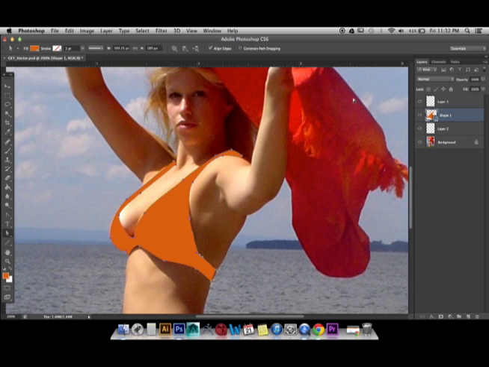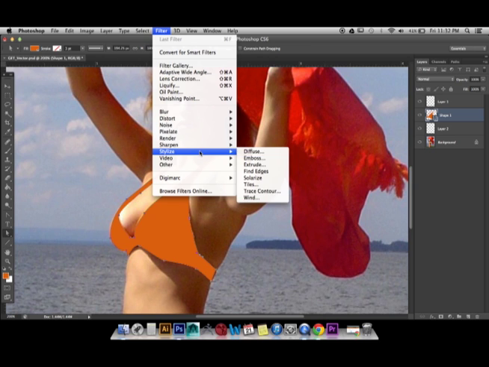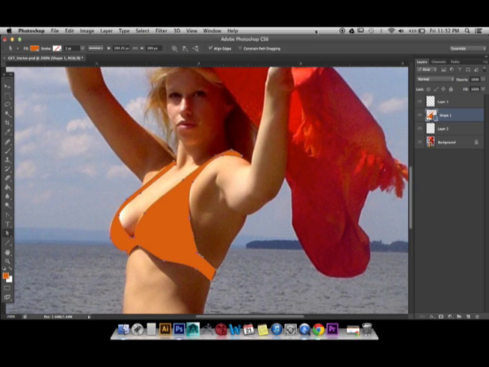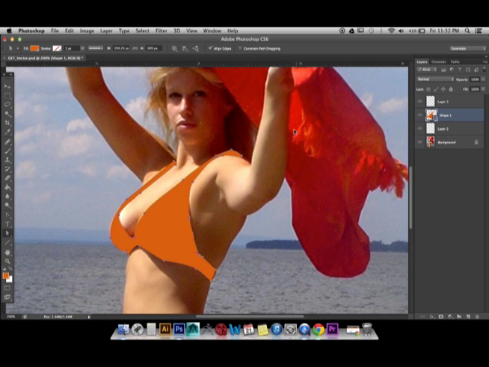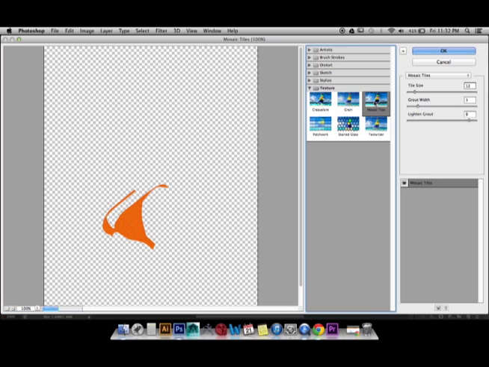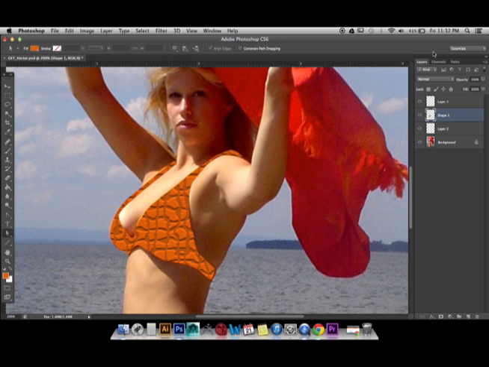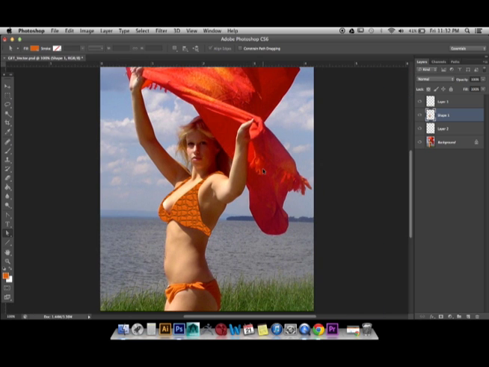So for this shape, I could go to this filter if I wanted to. I can come to my filter gallery. It'll say it has to be rasterized, which is fine. And then you can add any Photoshop filter you want on top of your pre-made shape, which is really cool. Here it looks a little blurry, but I'm also zoomed in a lot. If I come out,